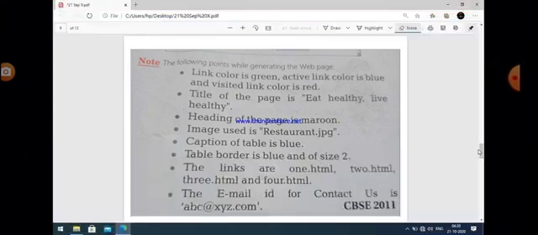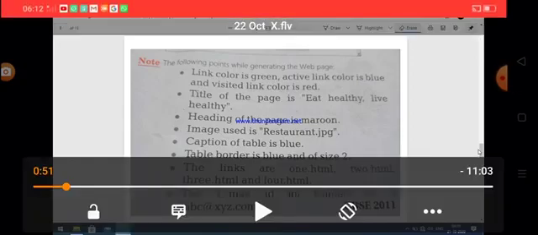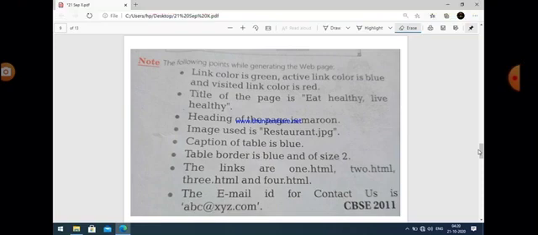And then at last the email ID for contact us is abc@xyz.com. At last we can easily see here that there is a link contact us. So it means that when we click on contact us, then the email ID abc@xyz.com will be shown on that screen.